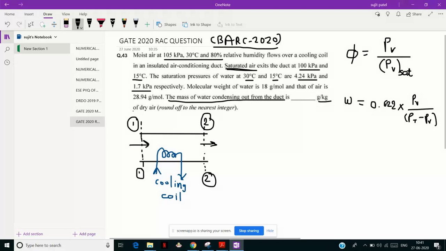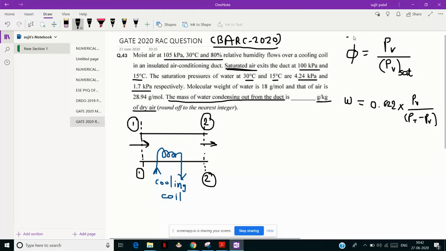of dry air. Friends, the unit is very important, because we may calculate the whole numerical, but if the unit asked in the question is different, we will lose our marks. So I request you all to see what unit they have asked and how much rounding is required, in decimal or integer. Okay, so we will use two formulas for this.